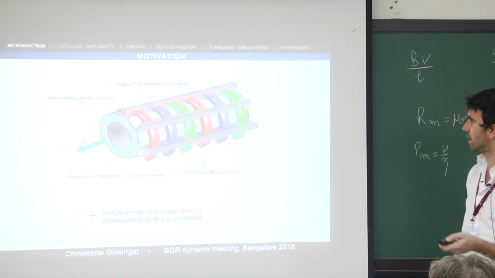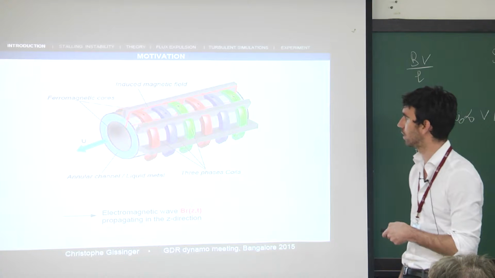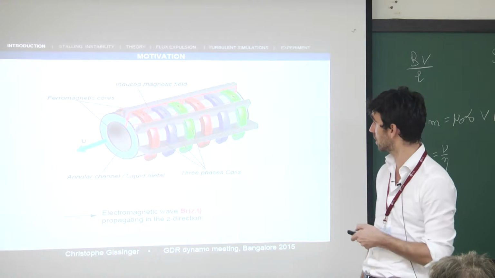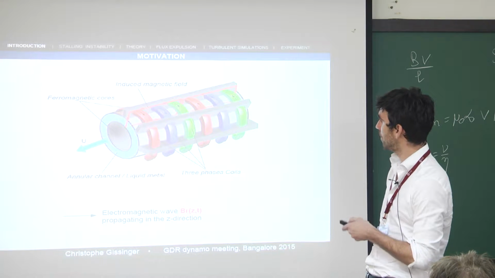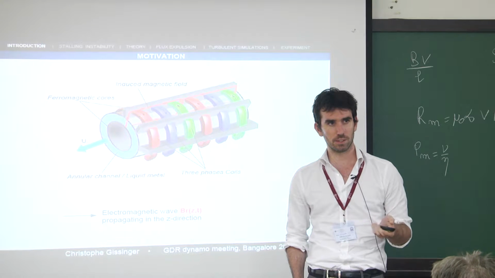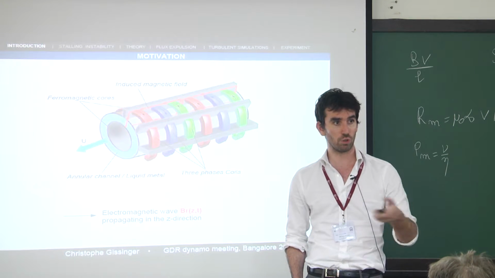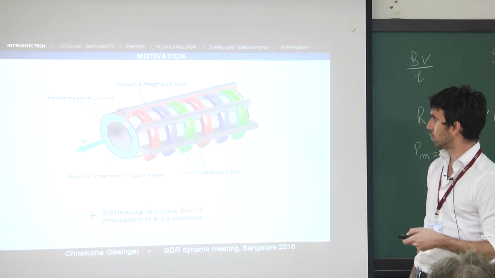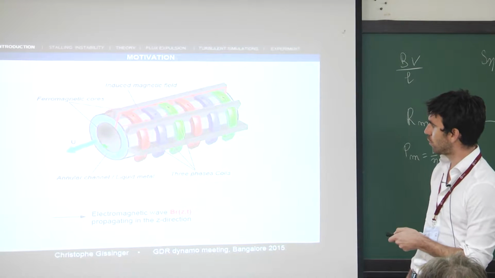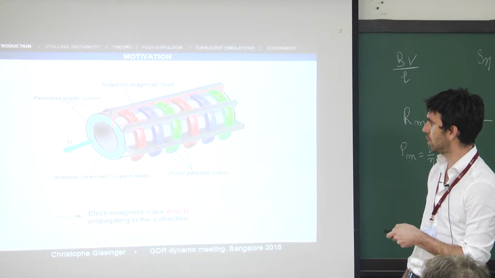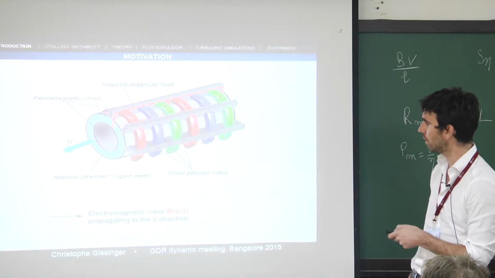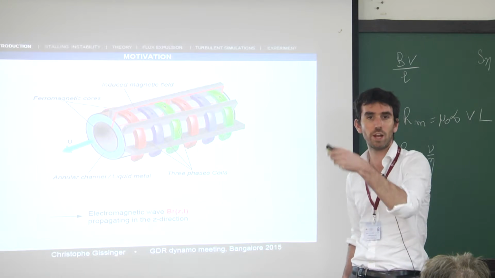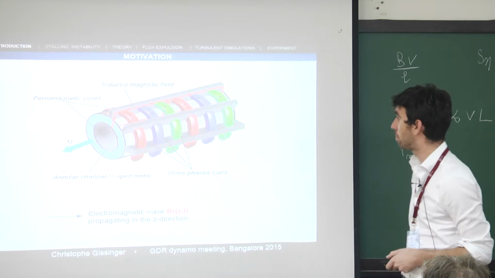One motivation, or at least one system, which is based on this type of forcing, are the annular electromagnetic pumps. These things are used in some fast sodium breeder reactor for the cooling system. Okay, secondary cooling system, actually. So what is it? So you have an annular section here, which is confined between two concentric cylinders. There is in general liquid sodium, and to make the sodium circulate in order to cool down part of